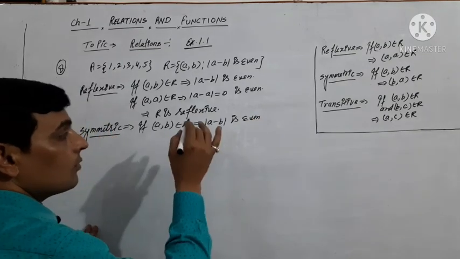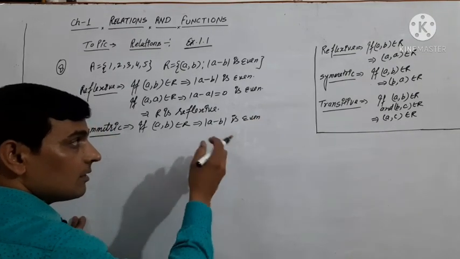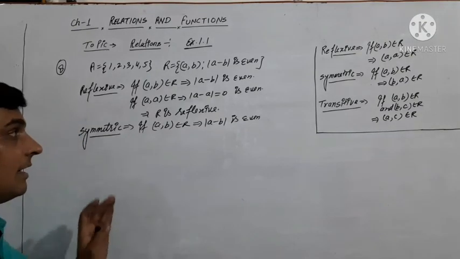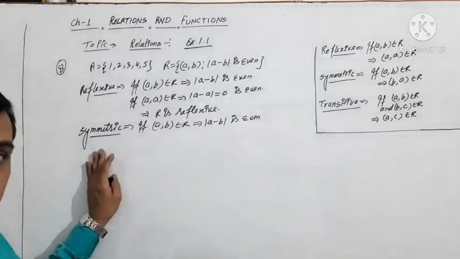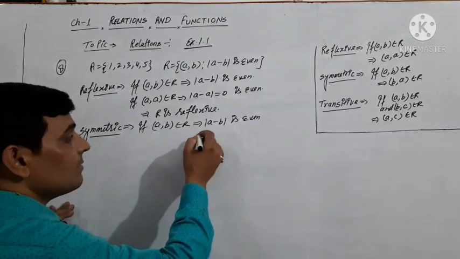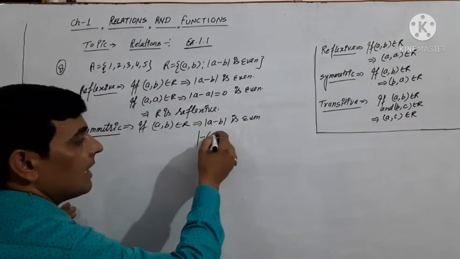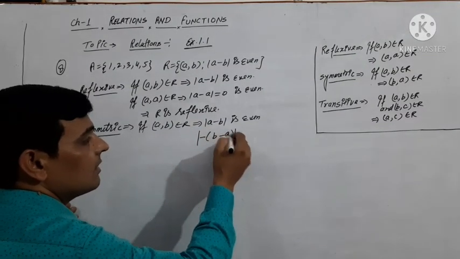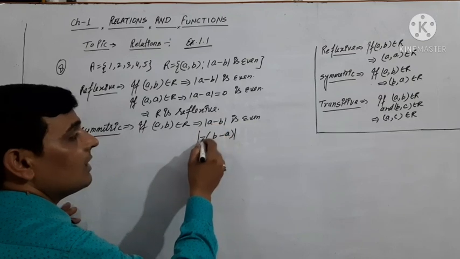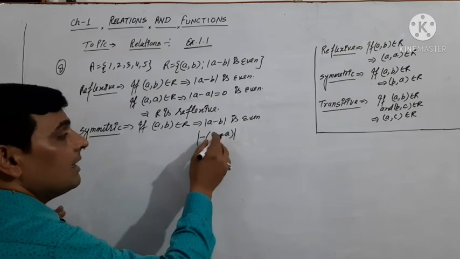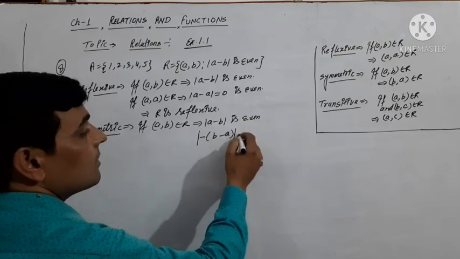है ना? तो अब इसको यहीं से अगर हम (b, a) belongs to R कर दें, then relation will be symmetric. तो इसी को देखिए, इसी में हमने नेगेटिव साइन कॉमन ले लिया है, b minus a कर दिया इसको, क्योंकि अगर नेगेटिव साइन कॉमन लेंगे तो b पॉजिटिव हो जाएगा and a will be negative. So this is given.